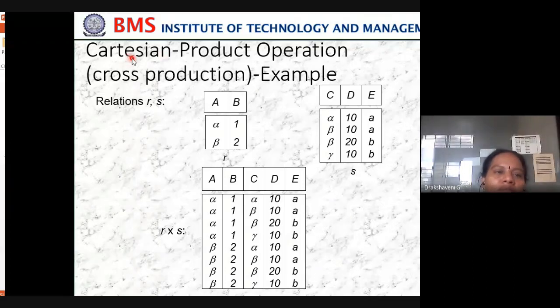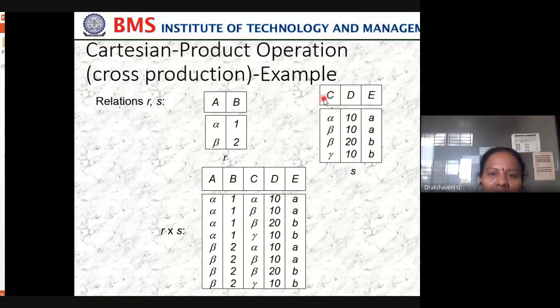And one more, the Cartesian product, or cross product. So we have R with attributes A, B and S with attributes C, D, E. Then we have this Cartesian product with attributes A, B, C, D, E. So this is called R Cartesian product S. You take one row and combine it with every row of the second table: first row with second row, first row with third row, first row with last row.